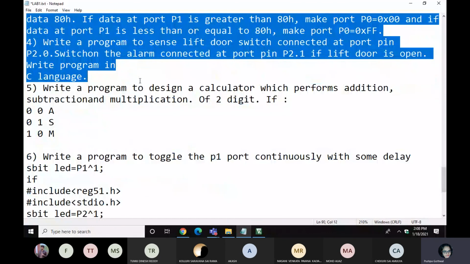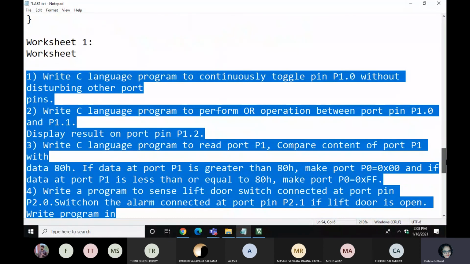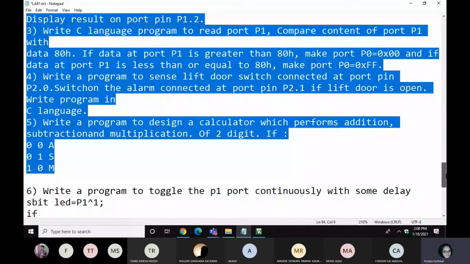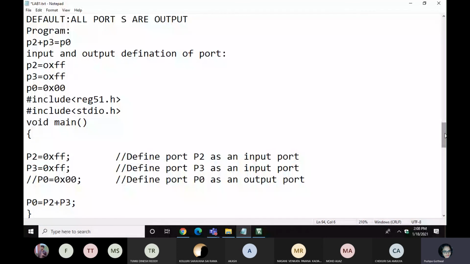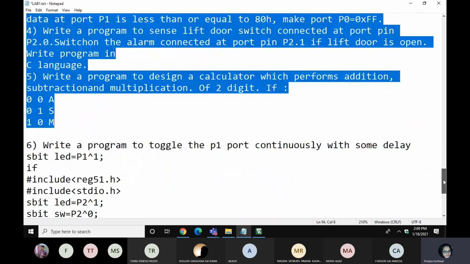When you are submitting the practical, you have to submit all these things, worksheet questions also, in the Word file. Right now for the lab performance, whatever program you are performing, just share the screenshot on the lab performance. Are you getting my point? Is it clear? Lab performance means whatever program you perform, just share the screenshot. But in the practical, you have to submit the whole Word file, including worksheet questions and answers, everything.